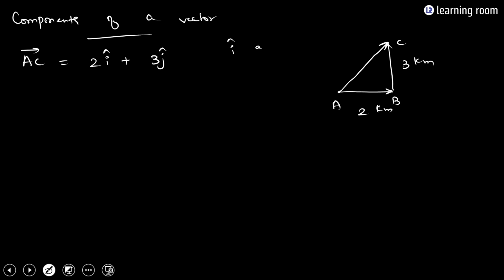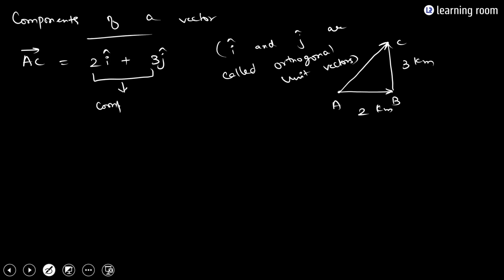Where i cap and j cap are called orthogonal unit vectors, and this 2 and 3 are called the components of the given vector,